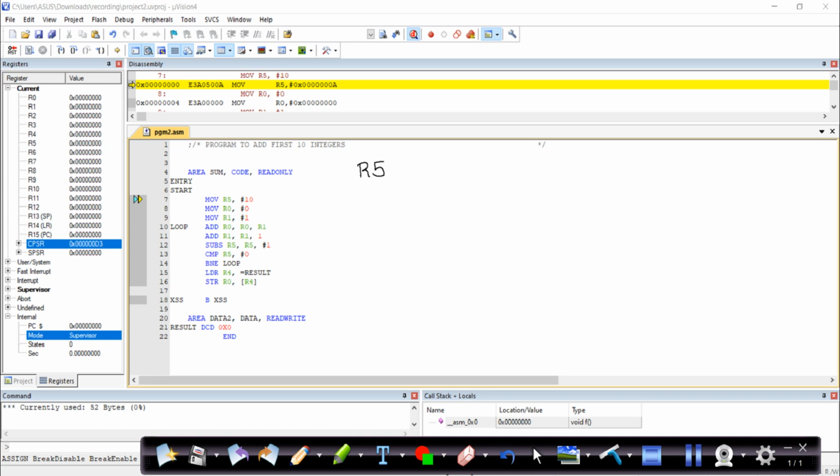I'll just write down the names of the registers which we have used in this program: R5, R0, R1 and R4. Fine, so we'll begin our execution.